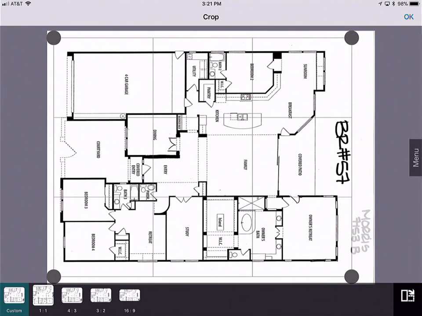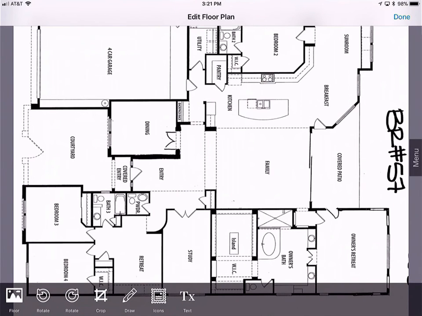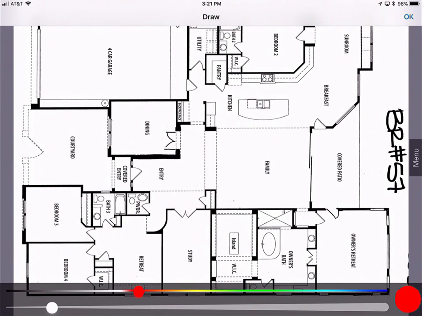There's something else I want to do. I want to leave enough room around the outside so I can actually place my cameras. I'm going to go OK. But I still don't want to see that BR number 57. So I'm going to go to my draw. I'm going to make this part of my background. What that means is not tied to any one system. If I was doing cameras,